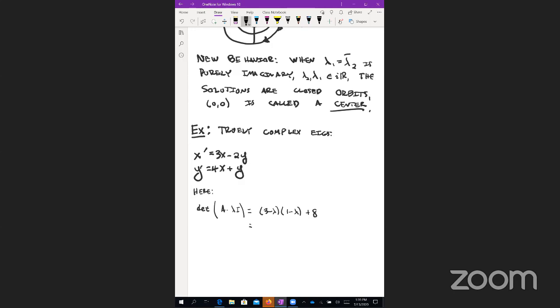There's a couple of different ways to figure this out. So what are we going to get? Lambda squared minus 4